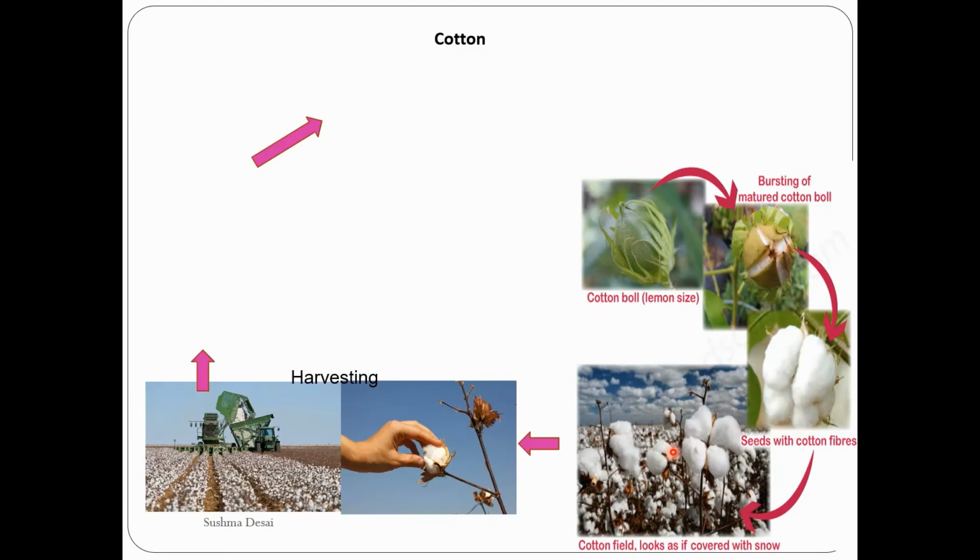After this stage is complete, that is, the bolls mature and you can see the fiber outside, you have to harvest it. What is the meaning of harvesting? It is the extraction of this cotton from that plant. It can be done in two ways. Either by plucking directly like this, only the fiber, or with machines wherein the complete plant is extracted from the field. So harvesting is removing it out of the field.